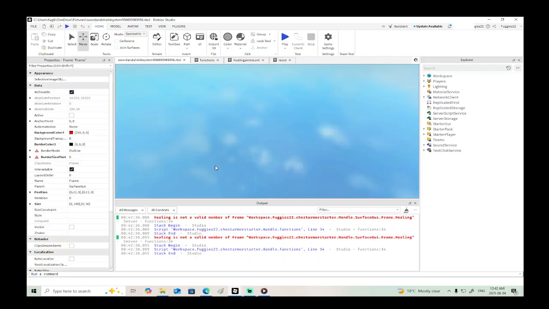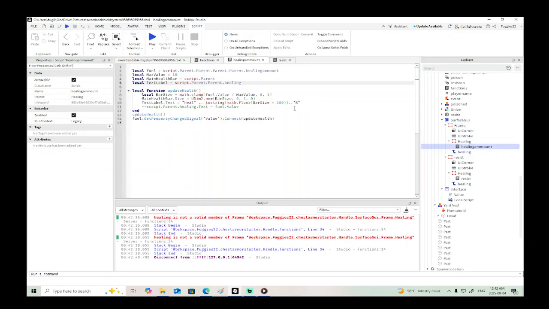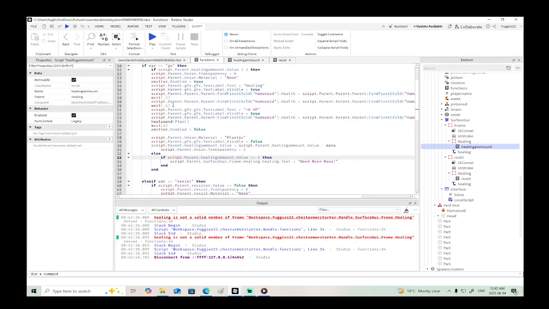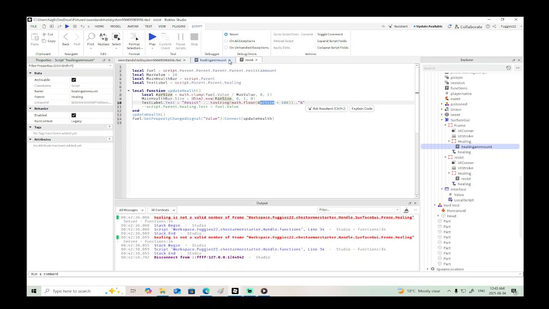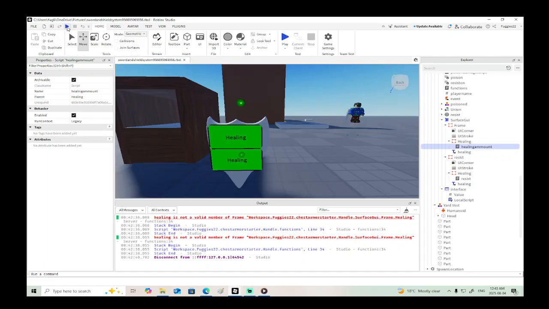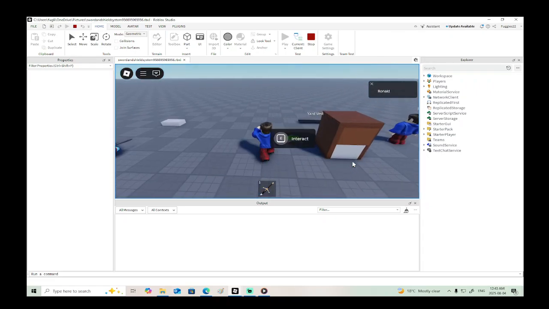Uh-oh. Functions, line 34. Surface GUI dot frame. Oh, dot healing. Yes, that is what that is going to do. So then we'll have to set something up for the resist function. There. So I hope with that we now have a